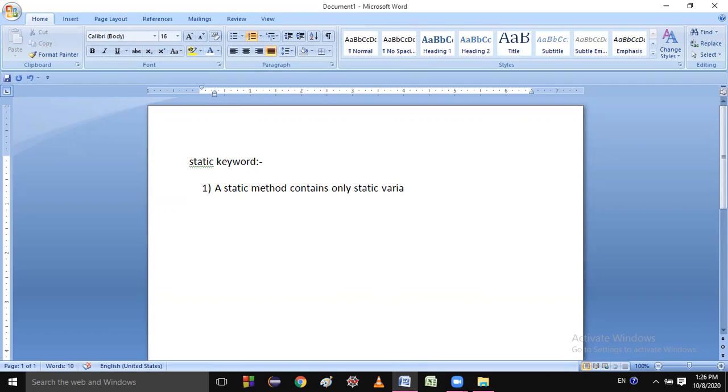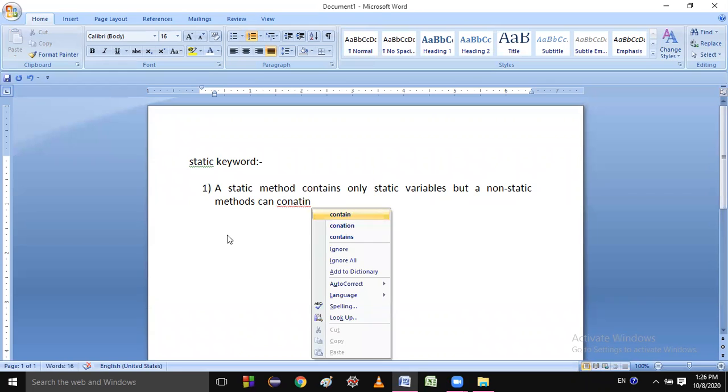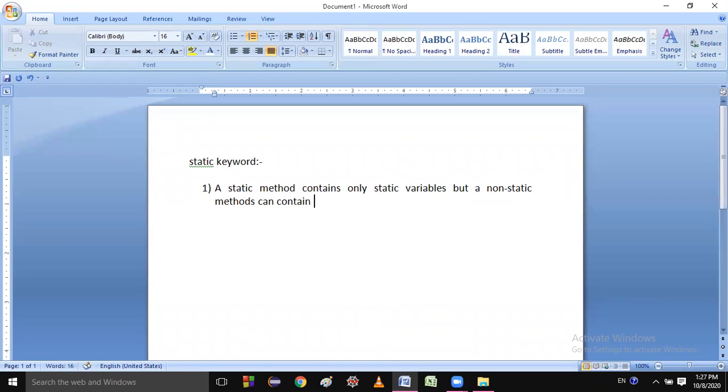Variables you can write, but a non-static method can contain static as well as non-static variables.